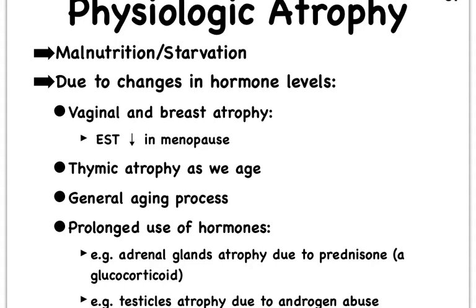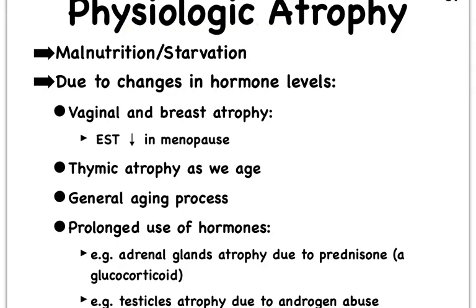So for instance, you may lose a lot of muscle mass when you just don't have enough nutrition, right? You might be very active. You might be, gosh, walking all day long trying to flee from an area. I don't know. But if you don't have enough nutrition, you cannot build up enough protein to build up those muscles. And so you're going to see that you're having a form of physiological atrophy.